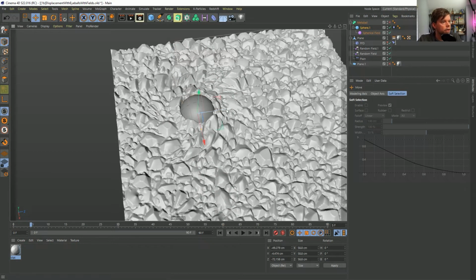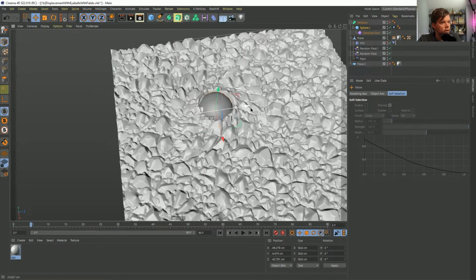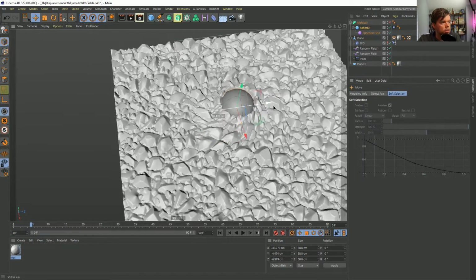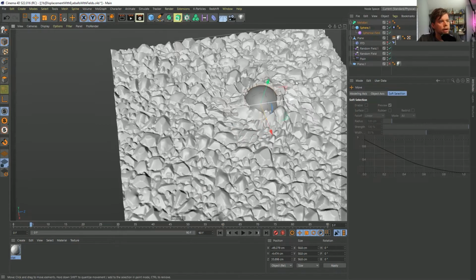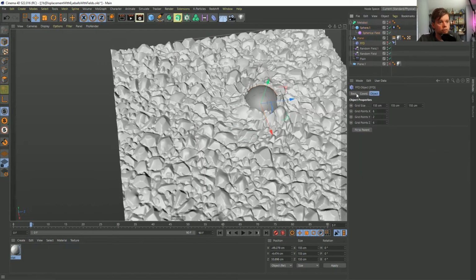That's the trick. But if I were to grab this and move it, you can see that we're going to get this twisting motion. It's definitely a little bit weird, especially since we're not getting a fall off. And the FFD is one of the few things that doesn't get a fall off. So we might have needed to leave a second ring of points. I wish I could remember. I really do wish I could remember